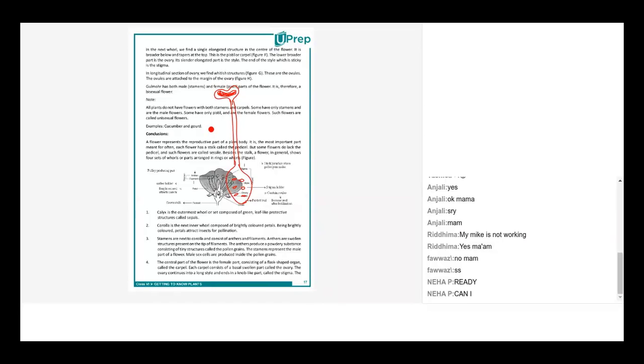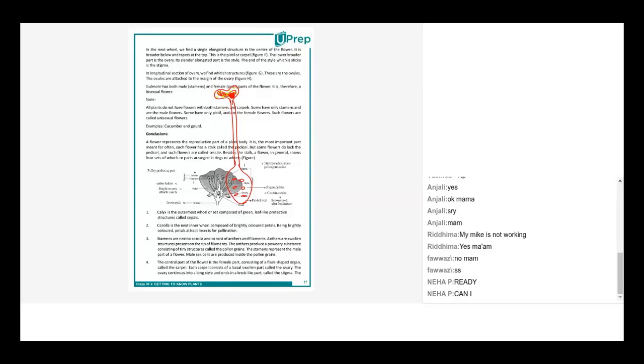Ma'am, can I have a try? Yeah, please do. Ma'am, because it should be pollinated somehow with the insects or by itself, and the anther should get into the stigma, so it should be sticky. Very good. Very good.